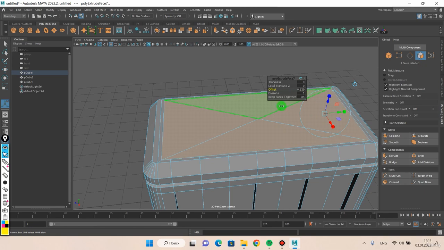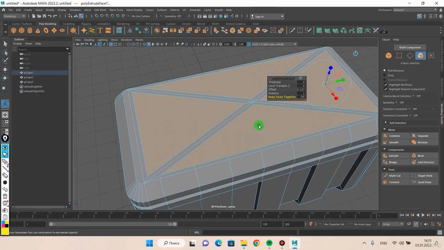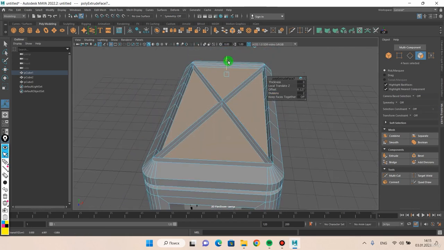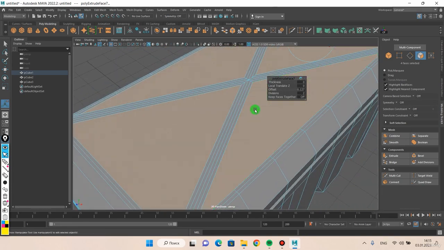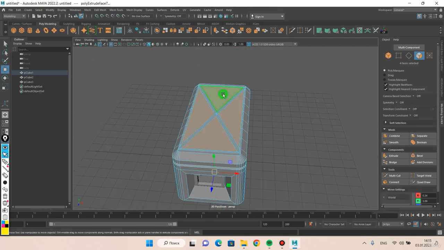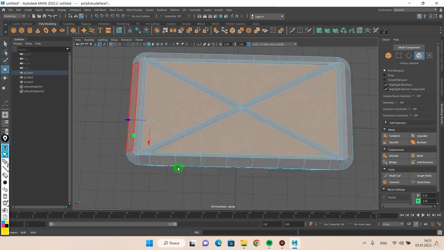And right now I want to make individual offsets to each of these triangles, so I will set keep faces together to off, and I will increase divisions to 2. This way we will have already defined boundaries. So right now we can kind of make this indentation on top,